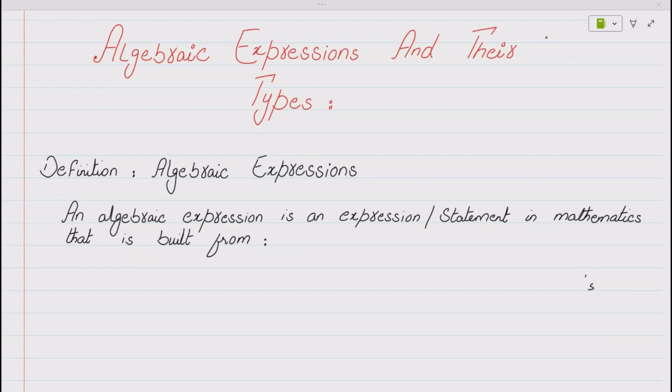Our today's topic is algebraic expressions and their types. So what are algebraic expressions? An algebraic expression is an expression or statement in mathematics that is built from